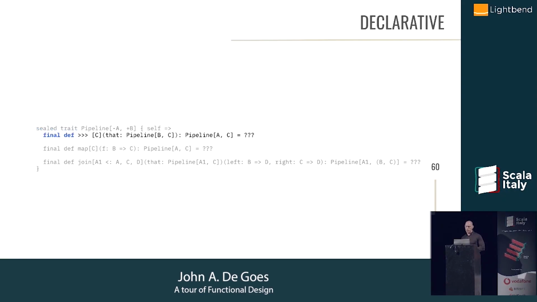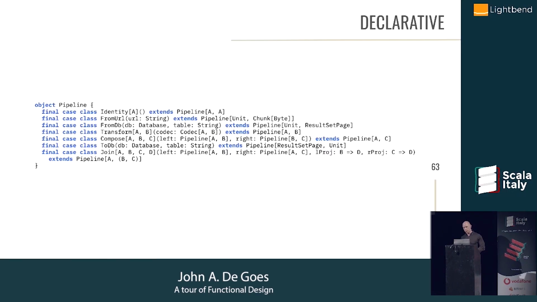Then we're going to have this operator here. It's called, this is backwards composed. It's called andThen in Scala. But I like the arrow operator here just so I can form pipelines like this. This syntax is available in Cats and Scalaz for things like this. Then actually we won't strictly need, because you can derive this one, but I added it here, a map operator that allows you to take the output of a pipeline and turn that B into some sort of C, and then you're going to get back a pipeline from A to C. And then this join operator here.